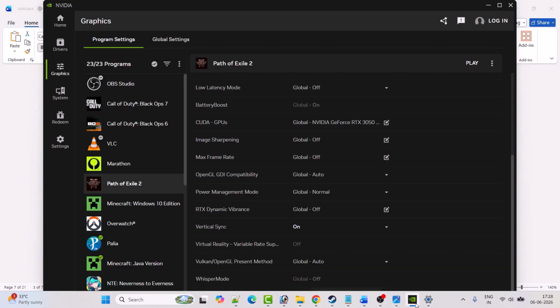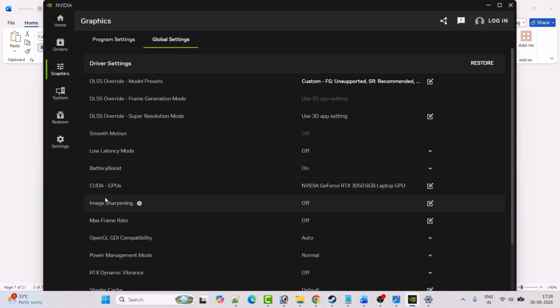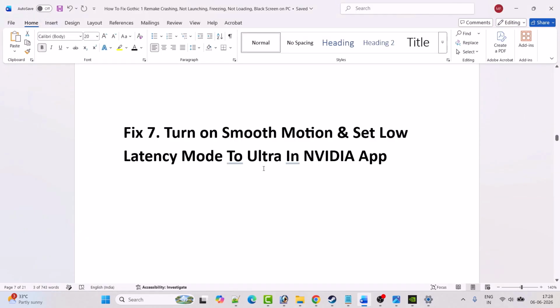So open NVIDIA app, go to graphics, and from the game list select the Gothic 1 remake game, and then here you will see the smooth motion. If it is turned off, then you have to turn it on. Then go to the global settings, and here you will see the smooth motion. If it is turned off, then you have to turn it on, and then you can go ahead,